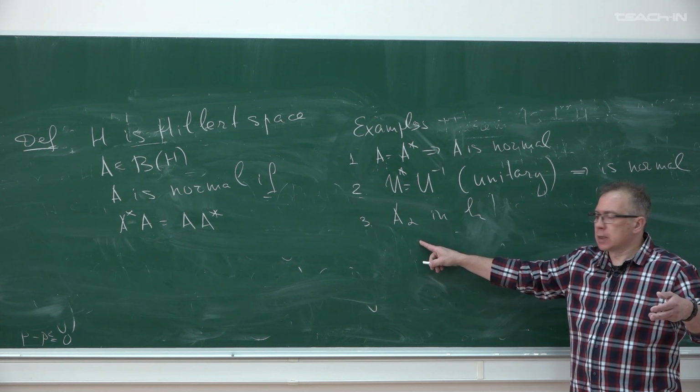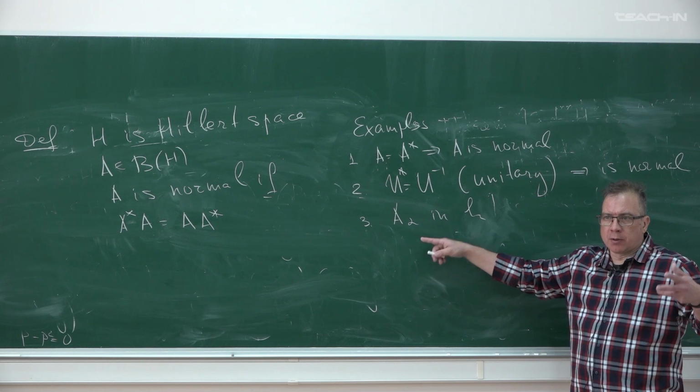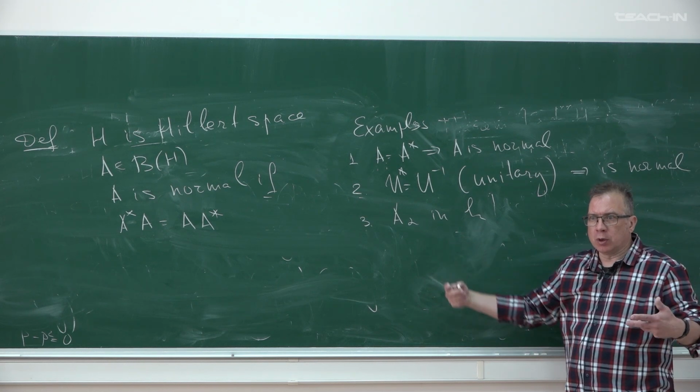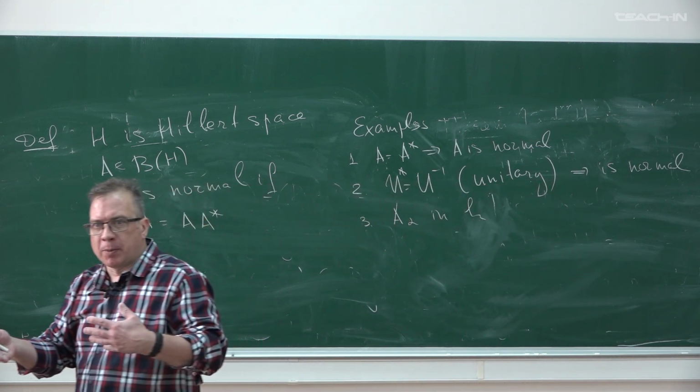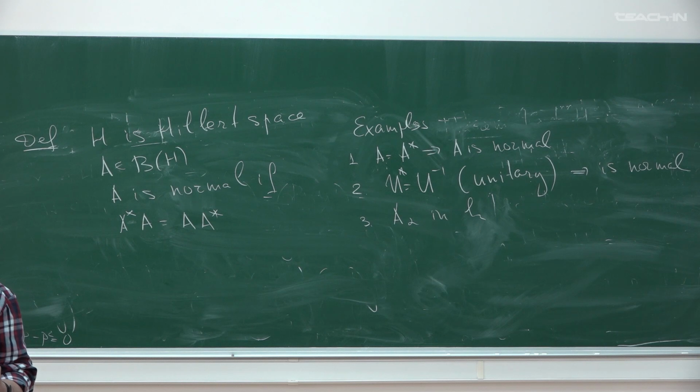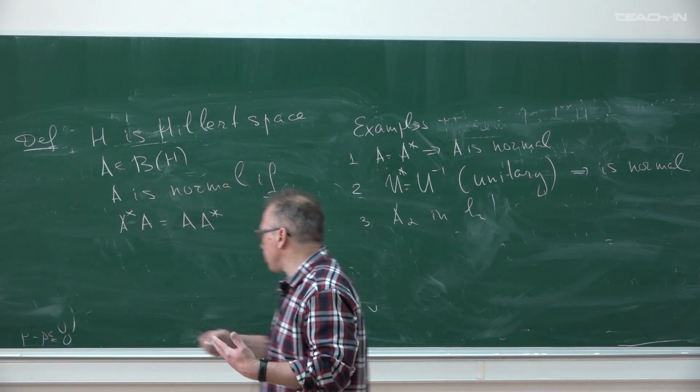We know when it is unitary: when the absolute value of alpha k is 1. But we can consider an arbitrary operator of multiplication. In any case, it is normal, because